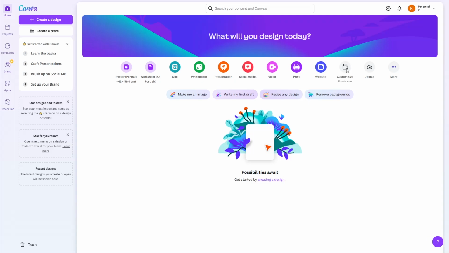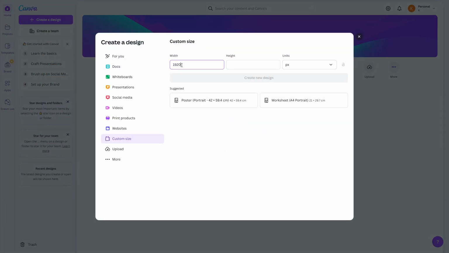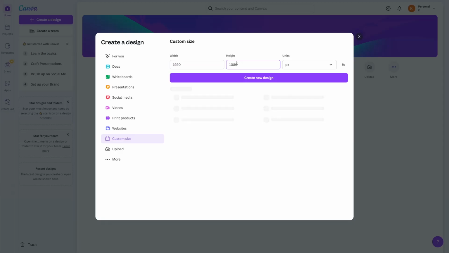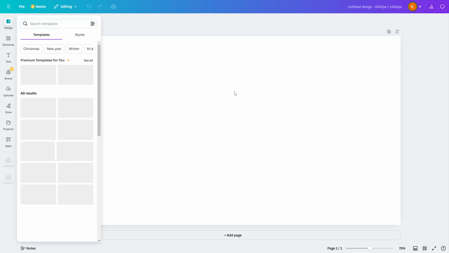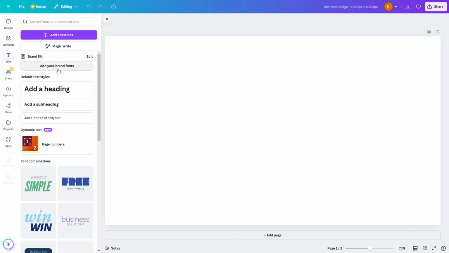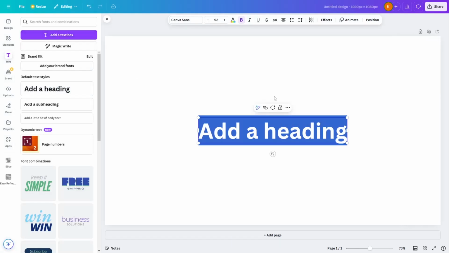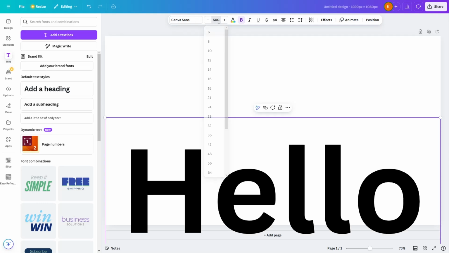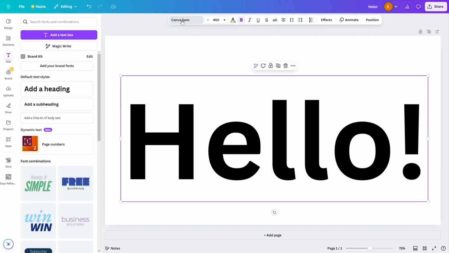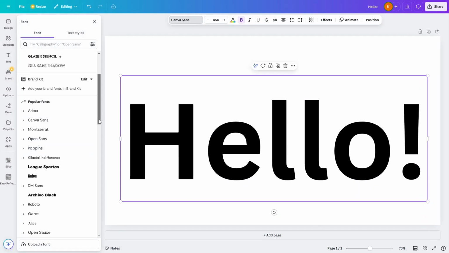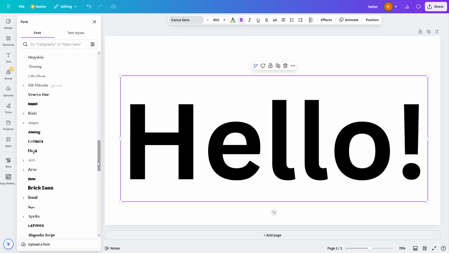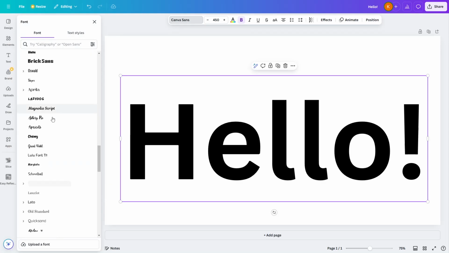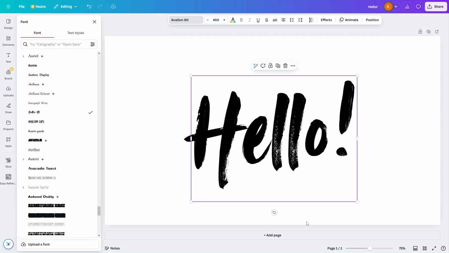So to do this, click on custom size and then set the width and the height to 1920 by 1080 pixels, and then click on create new design. And then afterwards, you create a text with brush type of typeface. So let's say if you want to type hello, and then change the font size by typing a larger number here. Afterwards, pick a font, a handwritten font written using the brush stroke, such as, let's say, Avalon Alt, and then